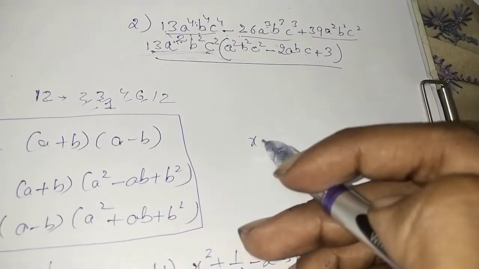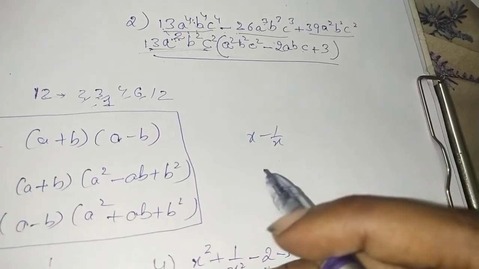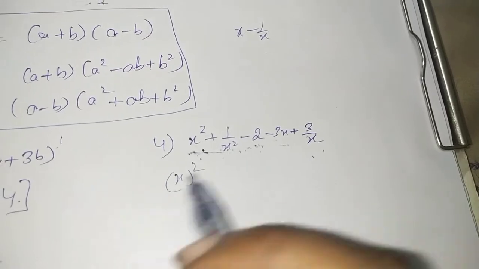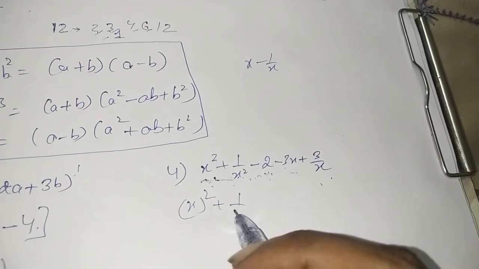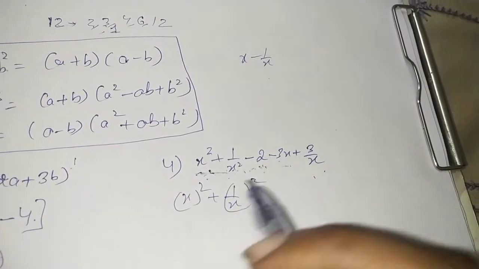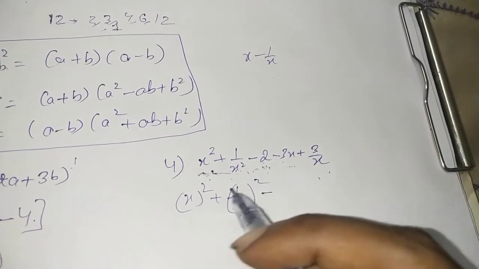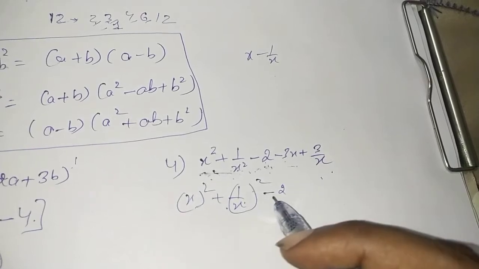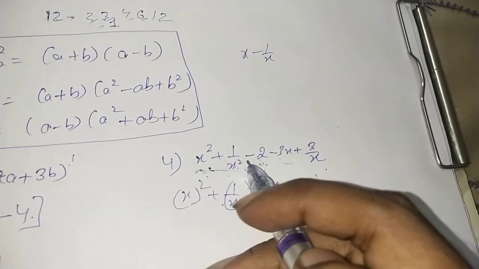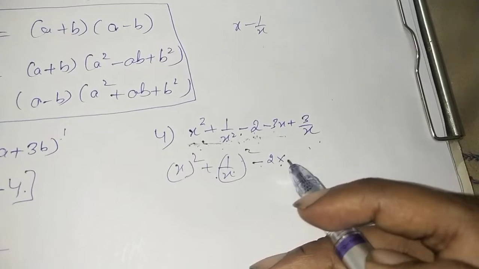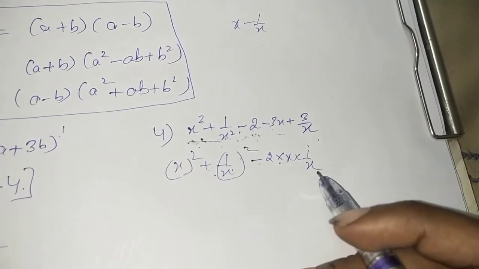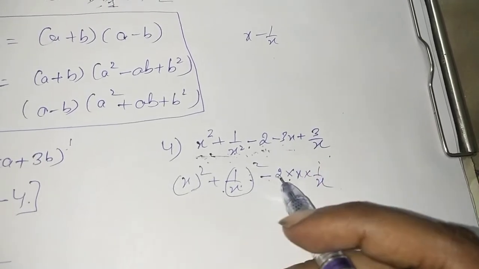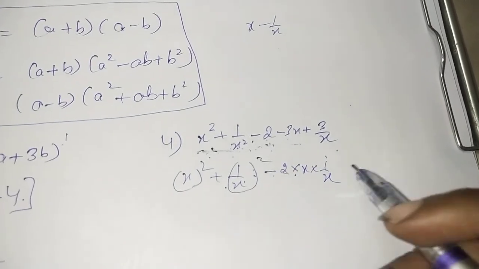Let me write down over here x minus. How do we come to know? What we can do is that x square can be written as the square of x. 1 upon x square can again be written as 1 upon x whole square. Now let's try to write down the middle term based upon this. Forget about minus 2 existing. We know that a square plus b square minus 2ab is the expansion. Why? Because of the minus sign existing. So 2 into a into b, because we know that this and this when cancelled out will be left with minus 2. So yes, all the 3 terms are matching a minus b whole square.